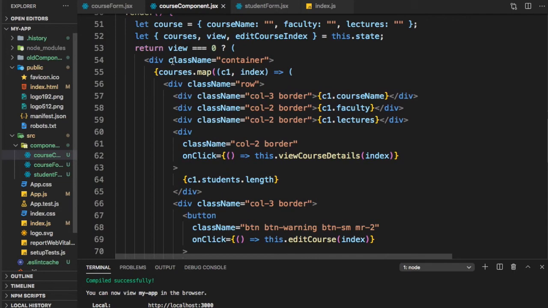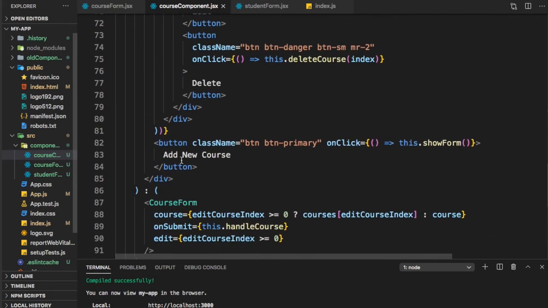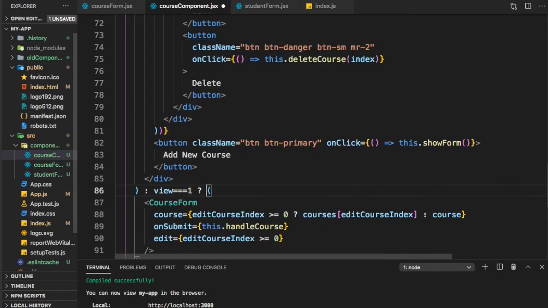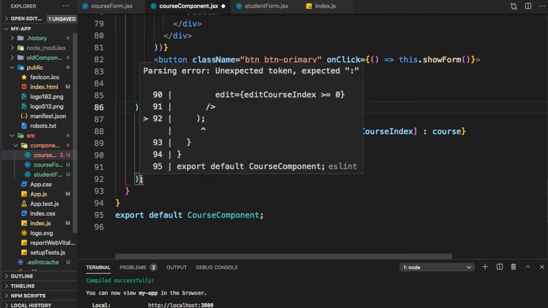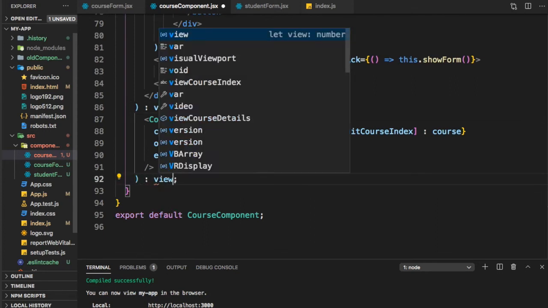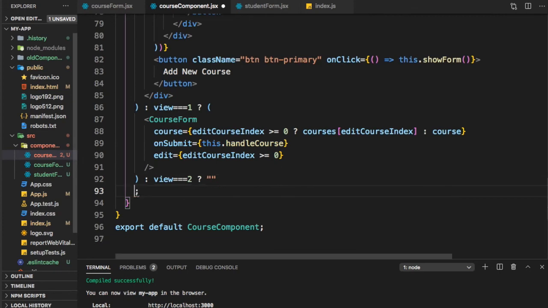Let's now come to our render. So we can say if view is 0, this is what we want to show. Else here we can say view is equal to 1. Then this is what we want to show. Else if view is equal to 2, then we want to show something.